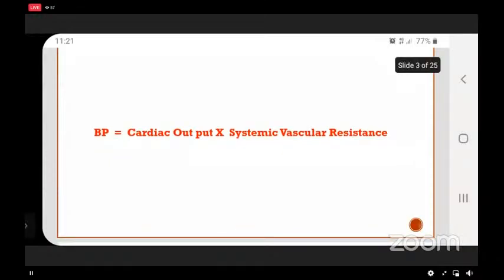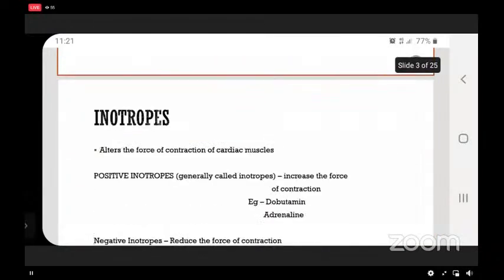So when the cardiac output increases, obviously the blood pressure has to go up, as well as when the systemic vascular resistance is high, or in other words, when the caliber of the blood vessels is smaller, if it becomes constricted, the systemic vascular resistance will go up. That will again increase the blood pressure. So blood pressure is basically a product of cardiac output and systemic vascular resistance. And the next one